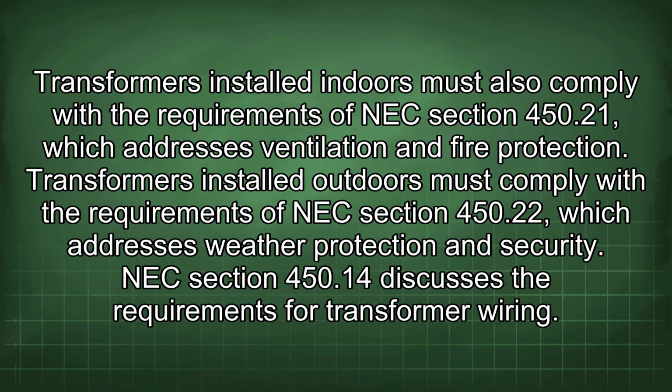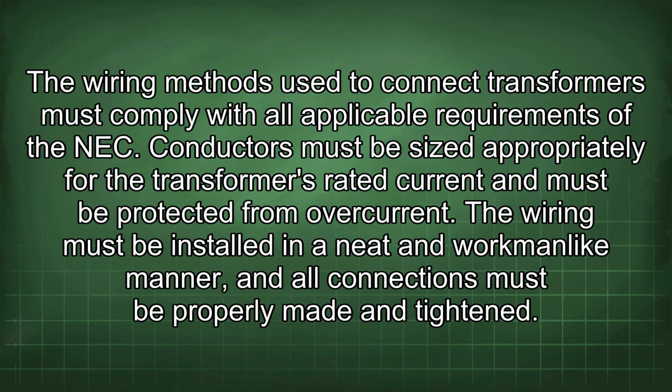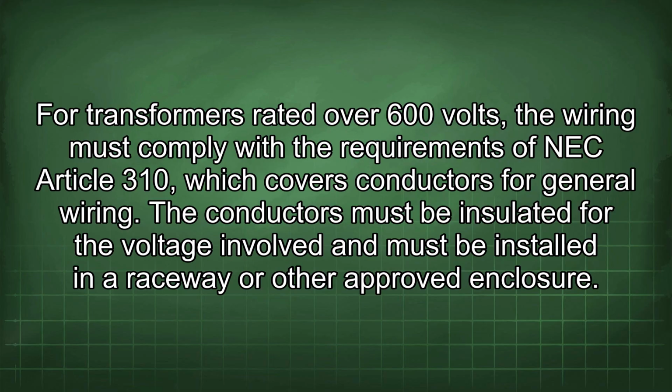NEC Section 450.14 discusses the requirements for transformer wiring. The wiring methods used to connect transformers must comply with all applicable requirements of the NEC. Conductors must be sized appropriately for the transformer's rated current and must be protected from overcurrent. The wiring must be installed in a neat and workmanlike manner, and all connections must be properly made and tightened. For transformers rated over 600 volts, the wiring must comply with the requirements of NEC Article 310, which covers conductors for general wiring. The conductors must be insulated for the voltage involved and must be installed in a raceway or